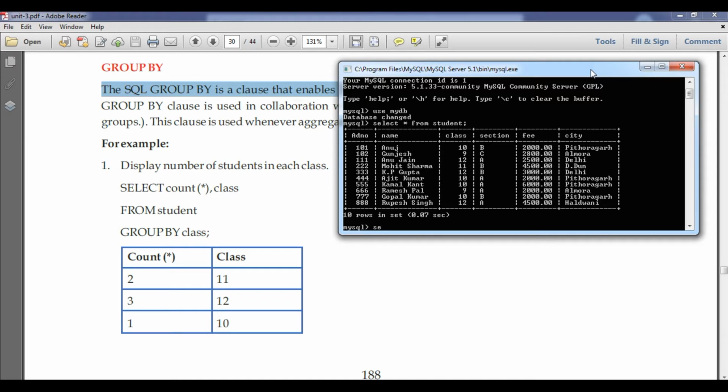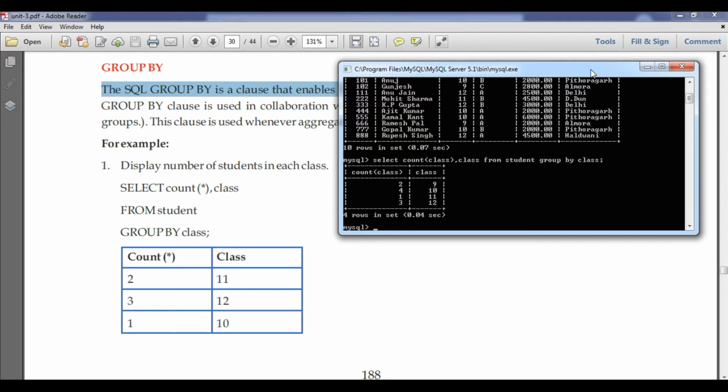In the same way I will do that, students. Select count, within that I can say fee also, or class also, and then class from student group by class.